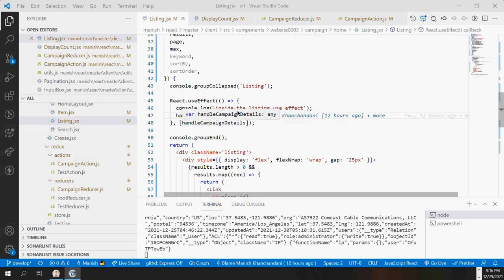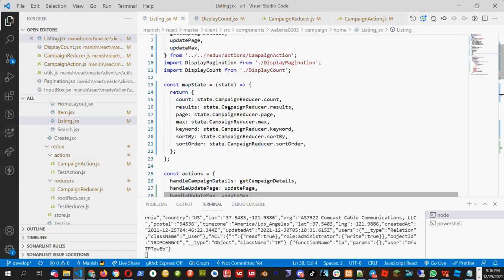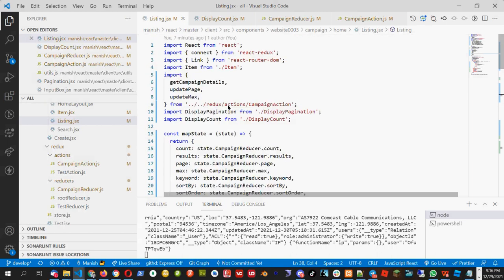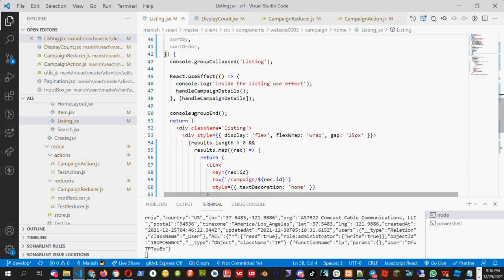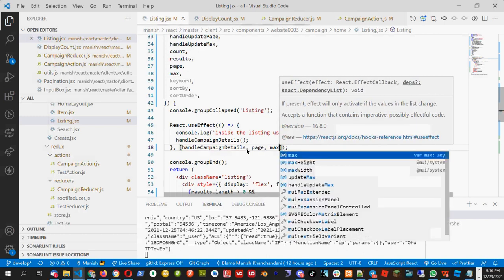Okay, yeah. Since we need to pass the page and max inside this useEffect, we need to pass them as a dependency first. So first we need to put page and max here.